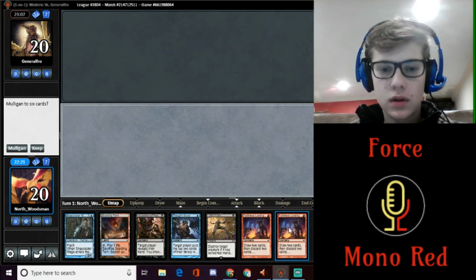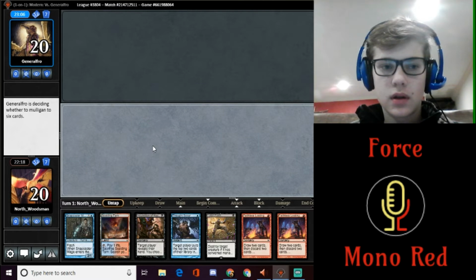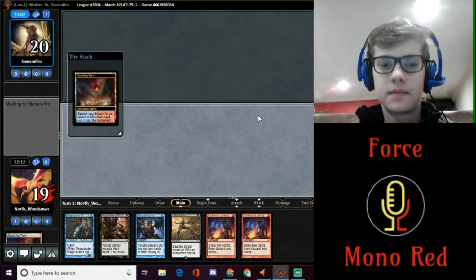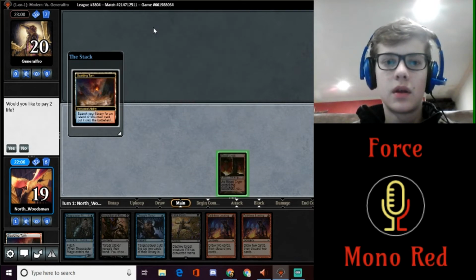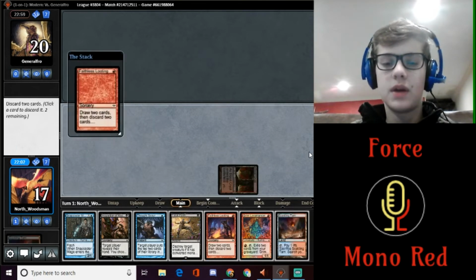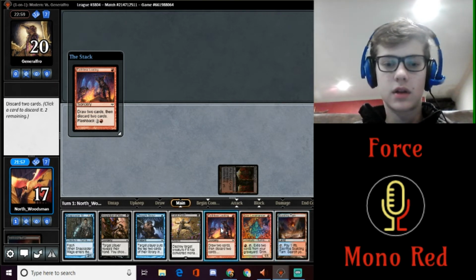Yeah, I think I'm going to keep this, and I'm going to get a Blood Crypt here, which is a little bit odd. You don't usually see that as a first land from this deck. Its base is blue and black. Alright, so we found a second land. I think I like discarding this